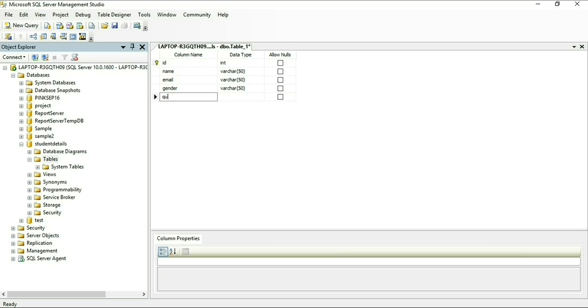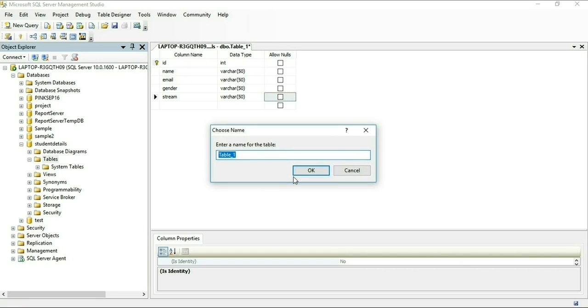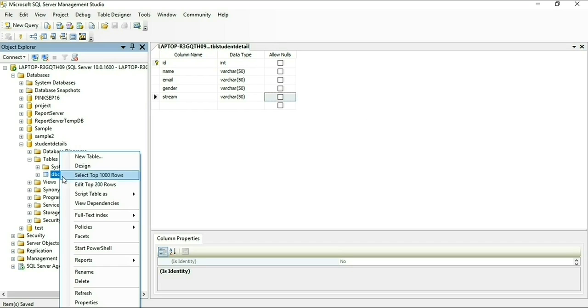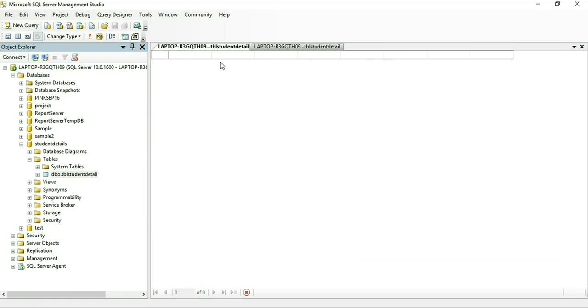I am creating 5 fields in my table: ID, name, email, gender, stream. I am giving the name student detail for my table. Now right click on our table, then click on edit top 200 rows, insert data.